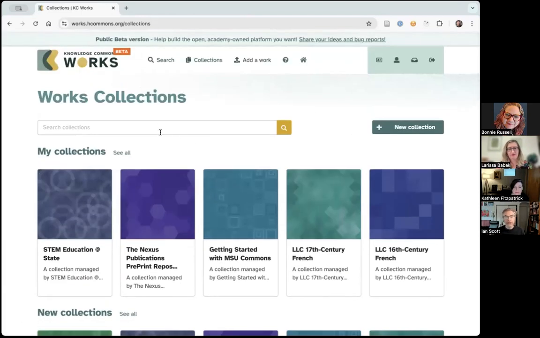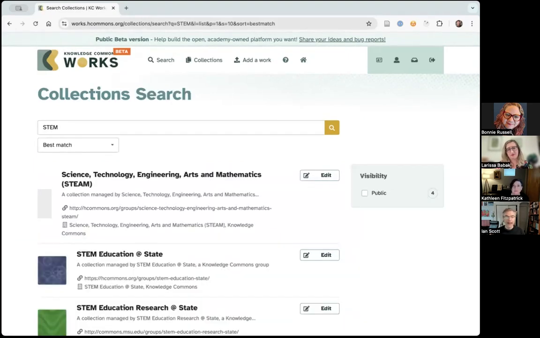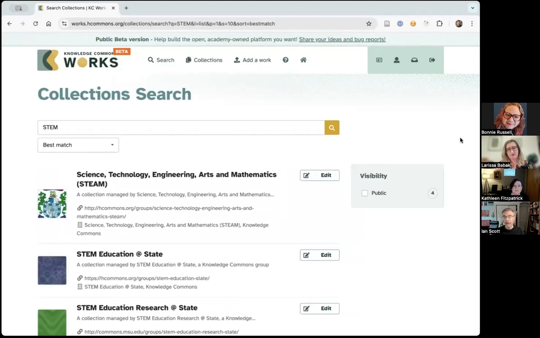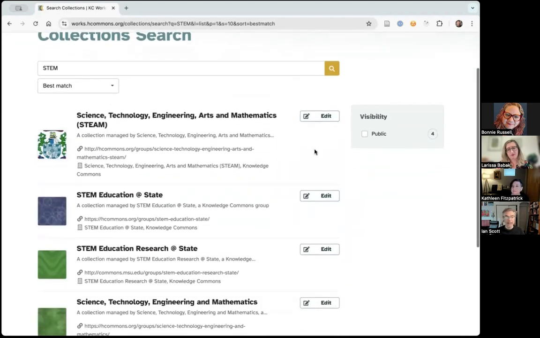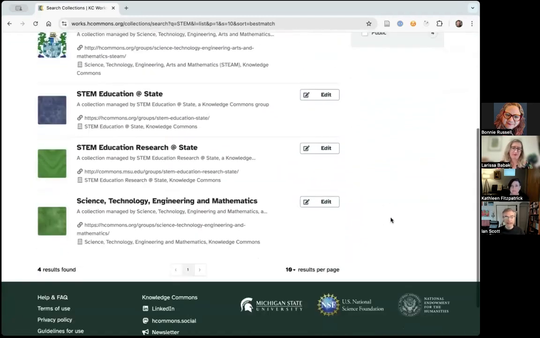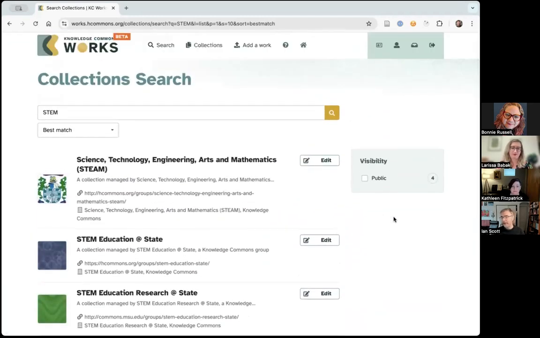The other thing you can do if you are thinking about a particular collection or you want to do a search and discover more collections is just type in the search box here. And that brings you to a search page for collections. And I typed STEM, and so you can see that's giving me a whole bunch of collections that have been set up around STEM issues, and they have STEM in